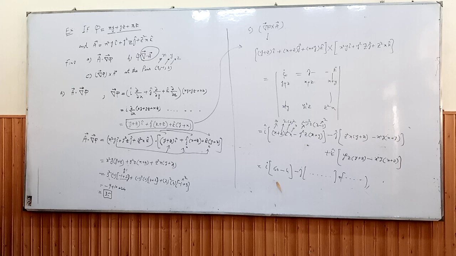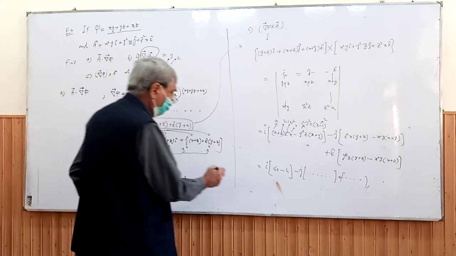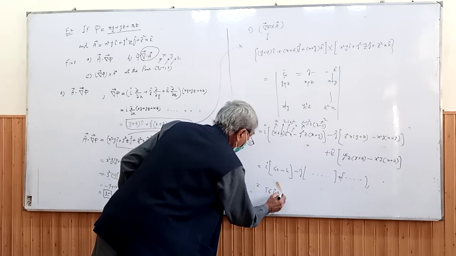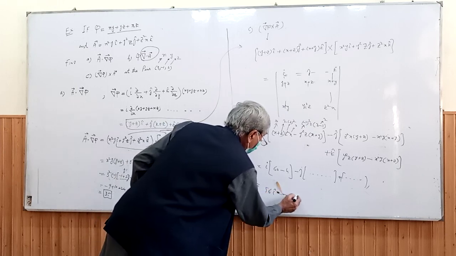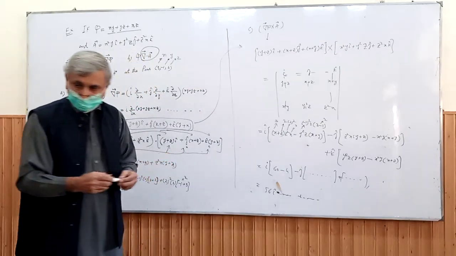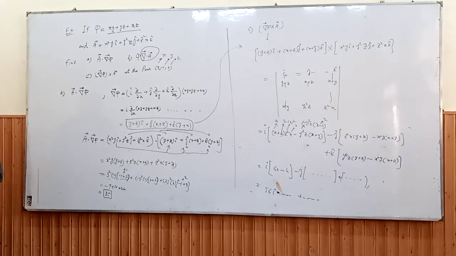So you will have a vector that is 56 i plus something, minus something, plus something, etc. So this is a vector quantity. So this was example number 2. So having done with that,